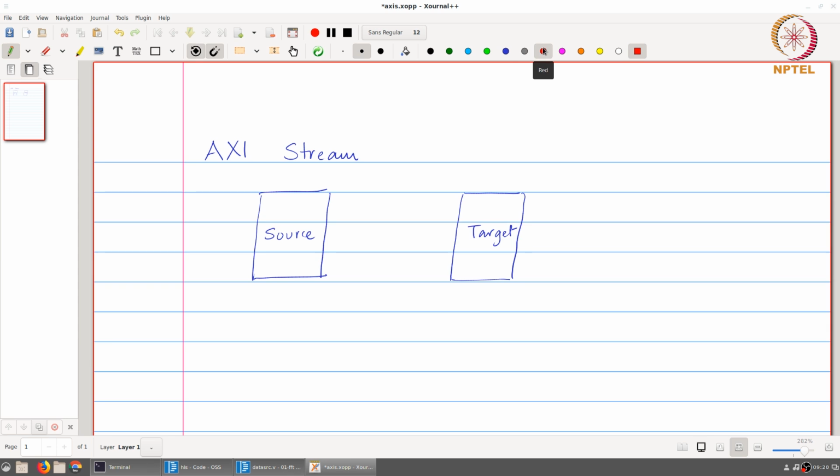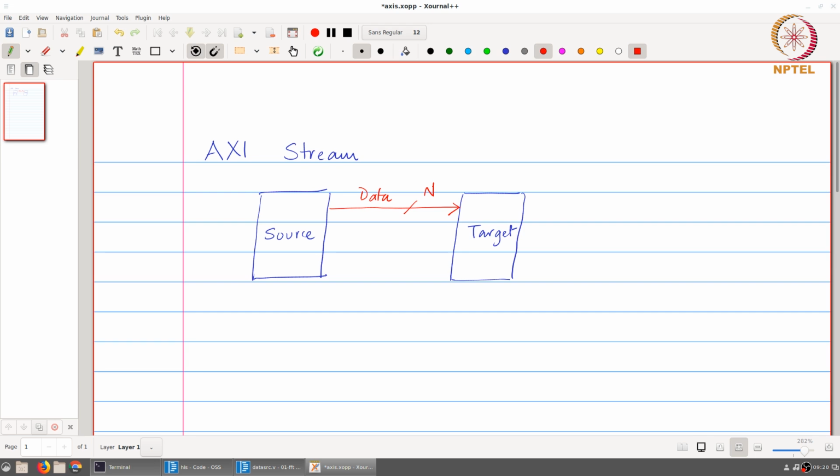What we want is to be able to transfer data directly between these two modules, for which we are going to use three signals. The first, of course, is the data itself that needs to be transferred. And this is in general n bits. In our case, it would be 32 bits because we have 16 bits for real data and 16 bits for imaginary data. Now, when we transfer data like this from the source to the target, we also need something over here to indicate when the data is ready or valid and the target should actually accept it.